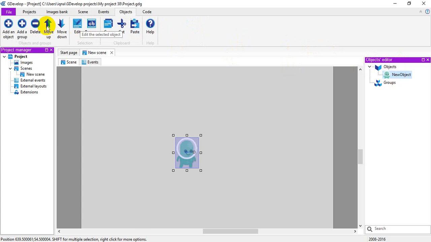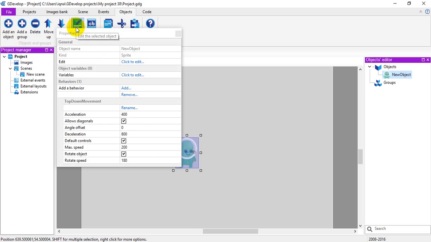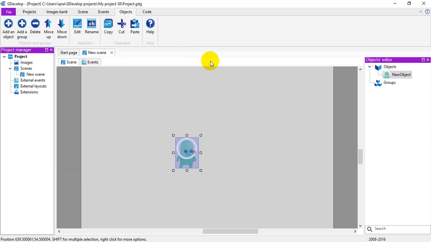You can add an object into the list, and here add a group to group the objects and edit the properties. And again you can edit the sprite by right clicking and choosing edit.